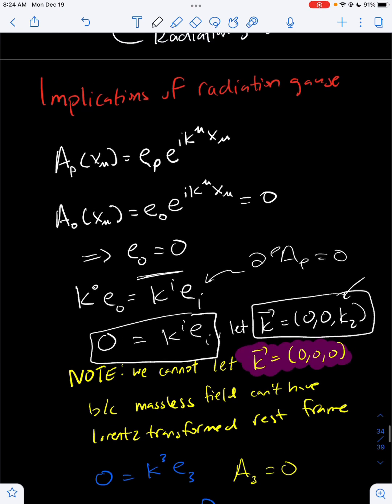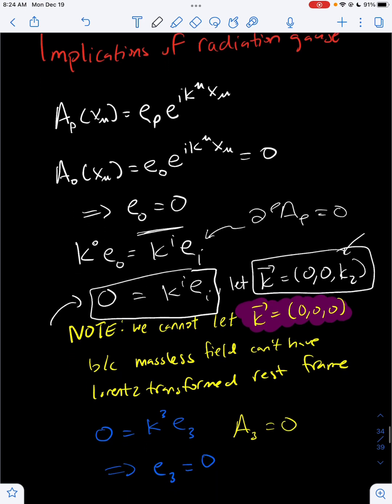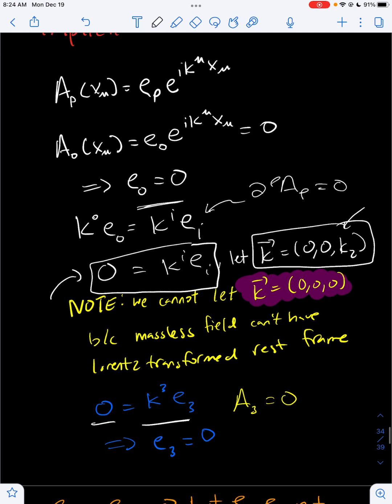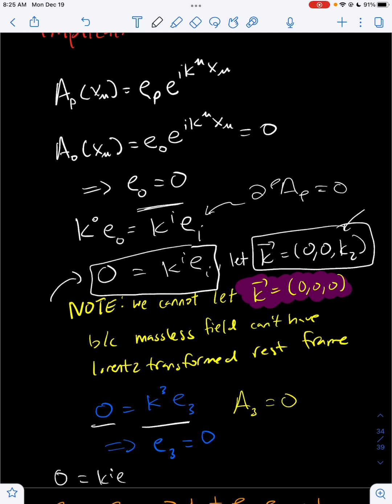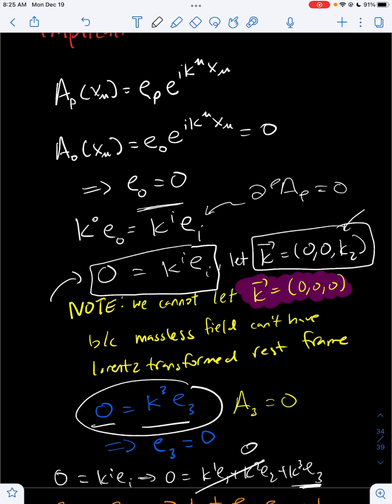So if we have that, using this relation that we found over here, that would imply that 0 equals K3E3. Because recall that if 0 equals KiEi, that means that 0 equals K1E1 plus K2E2 plus K3E3. Since we are working where the z direction is the direction of the momenta, these are all going to be 0, meaning that we have 0 equals K3E3. Since we define K3 to be non-zero, this would mean that E3 is going to be 0. If we did have K3 being 0, we would just have 0 equals 0, which would be a truism,